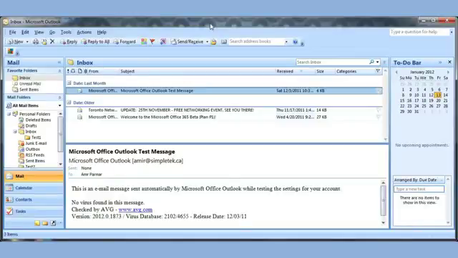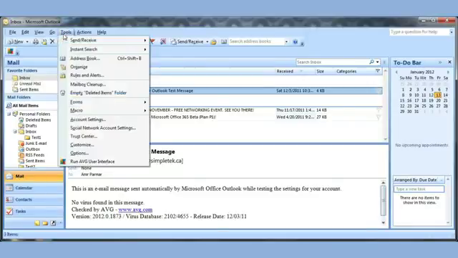I was mentioning earlier that you can actually use Outlook to get all of your email in one place. So if you have a Gmail account, or if you have multiple Gmail accounts and a Hotmail account, you can have all the emails come in one place. And to add new email accounts, or if you made some changes to the email account you already had, you wanted to edit it, you go to Tools, Account Settings,